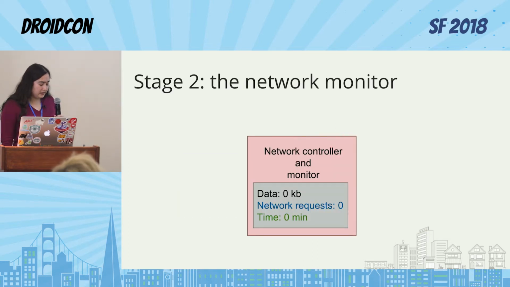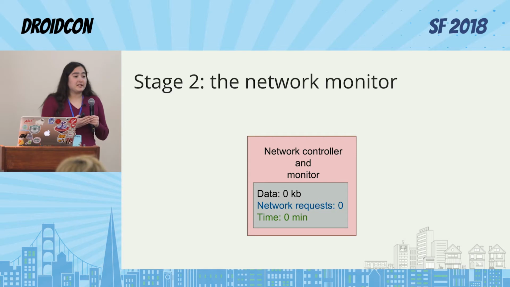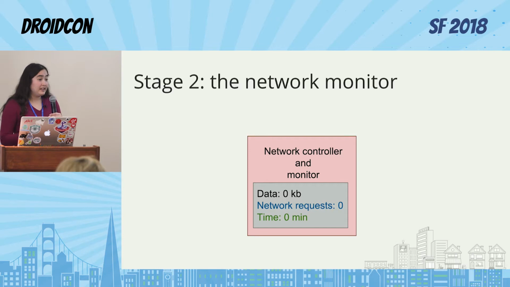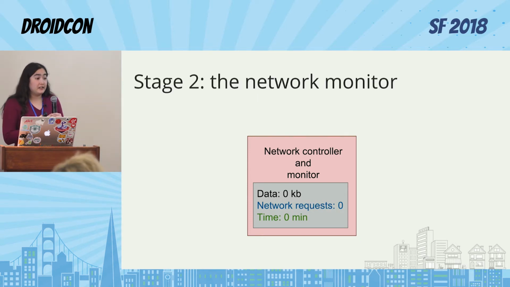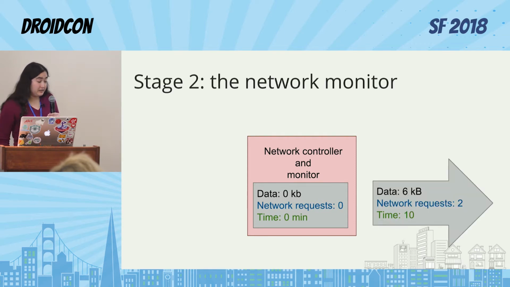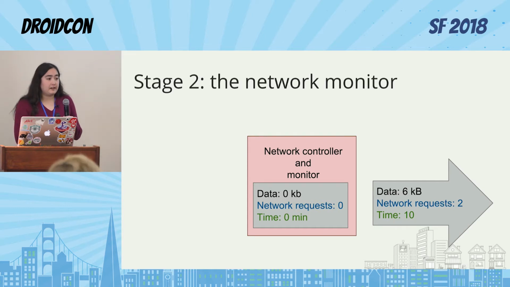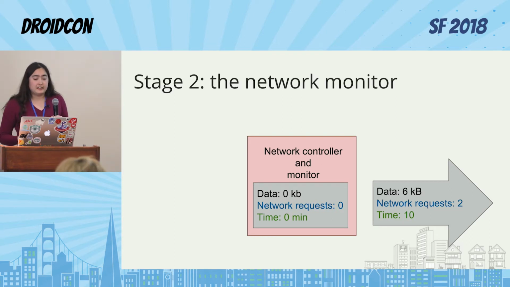The first thought is, why not just send a log related to every network request? But that's a lot of overhead. That's a lot of data. And what we actually care about is trends in the amount of data that's being sent. So what we do instead is we add up the number of requests and the amount of data. So, we have a request. We log the amount of data. It's one request. Another request. We add up the data. Then some time passes. Then we send off the log. So now we have summaries over time of what trends in network usage look like, and we can behave accordingly.